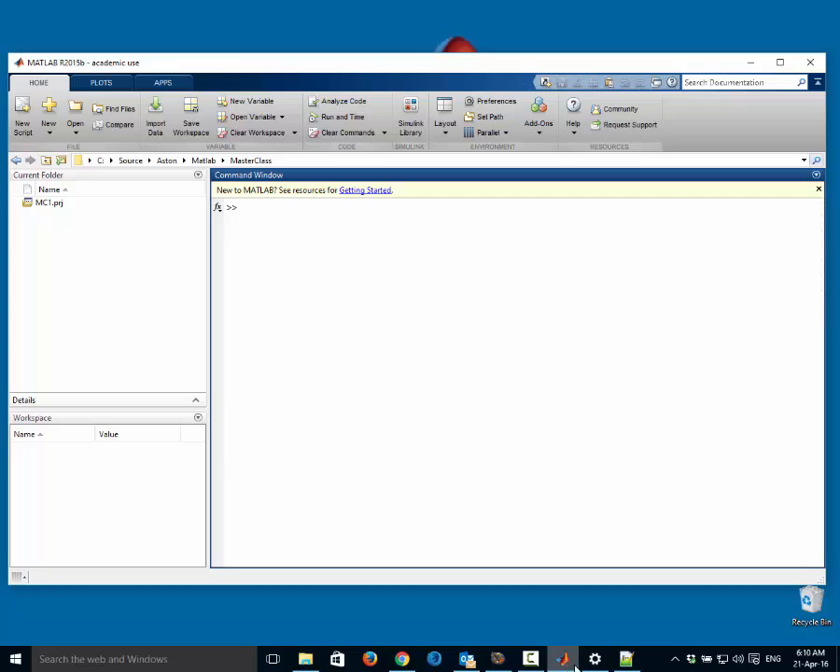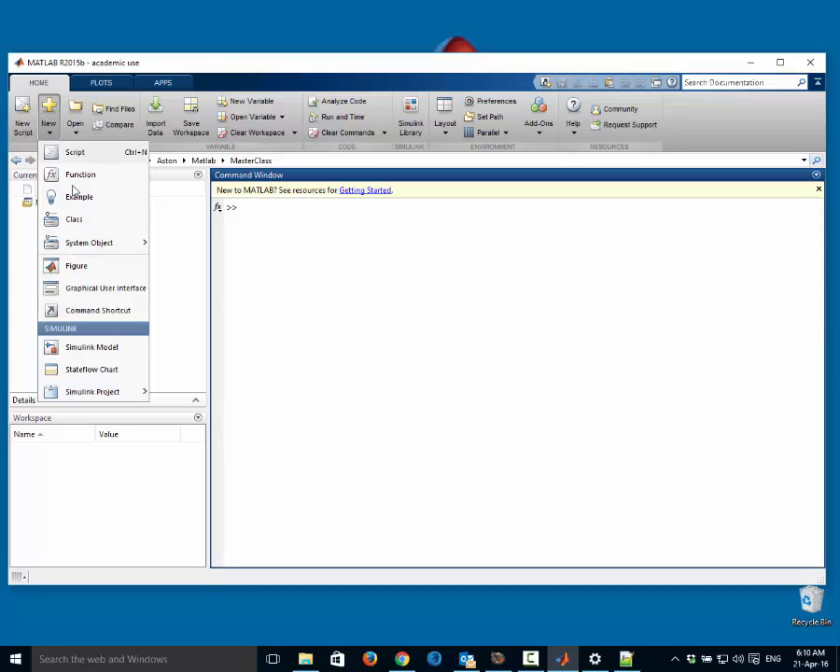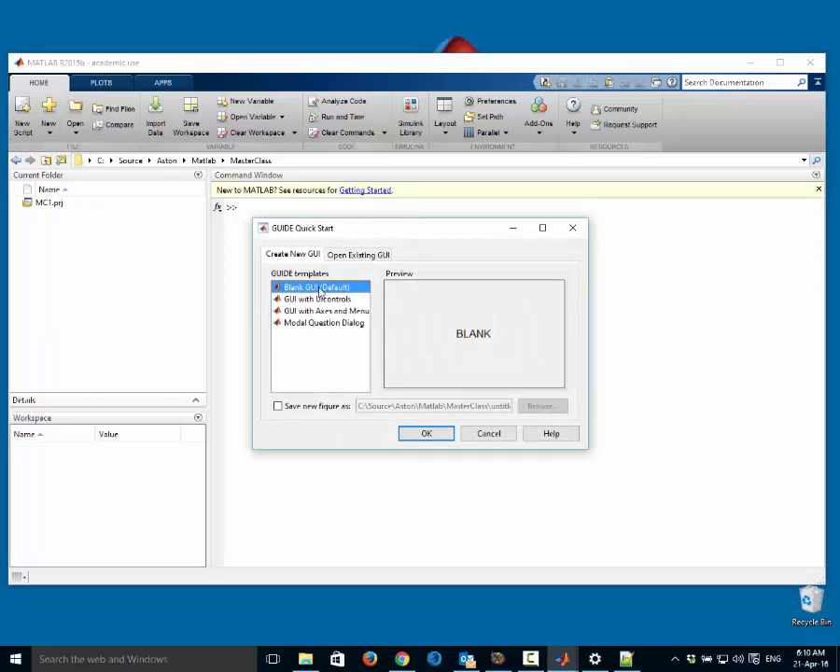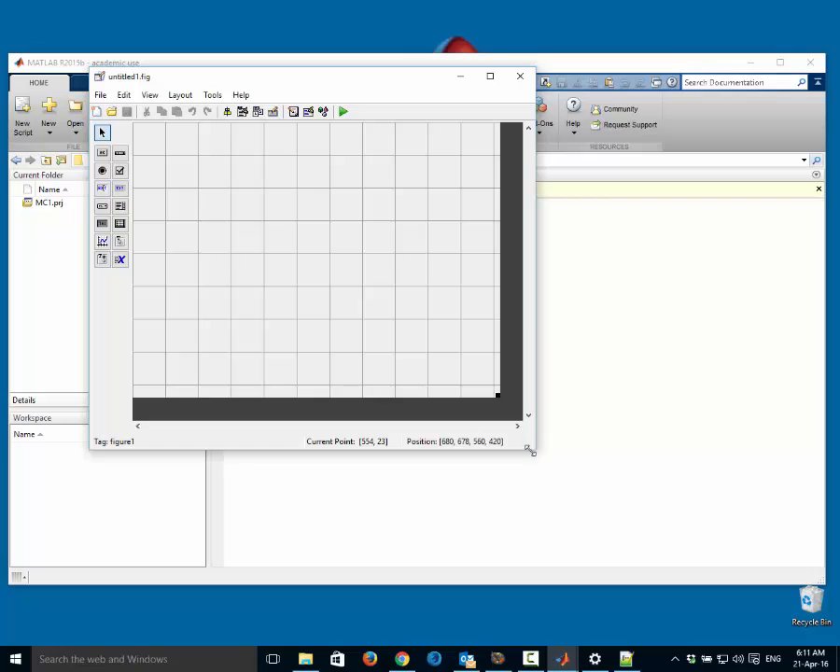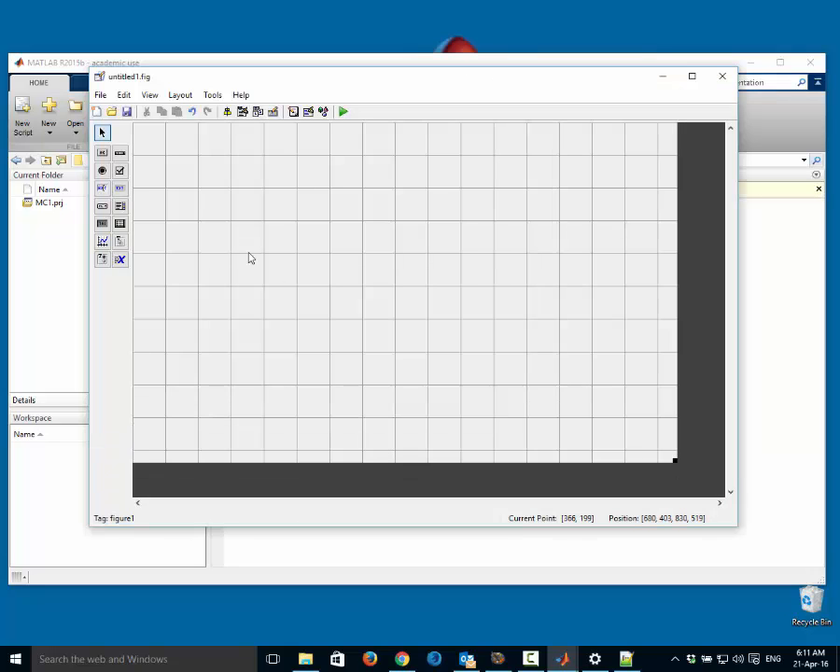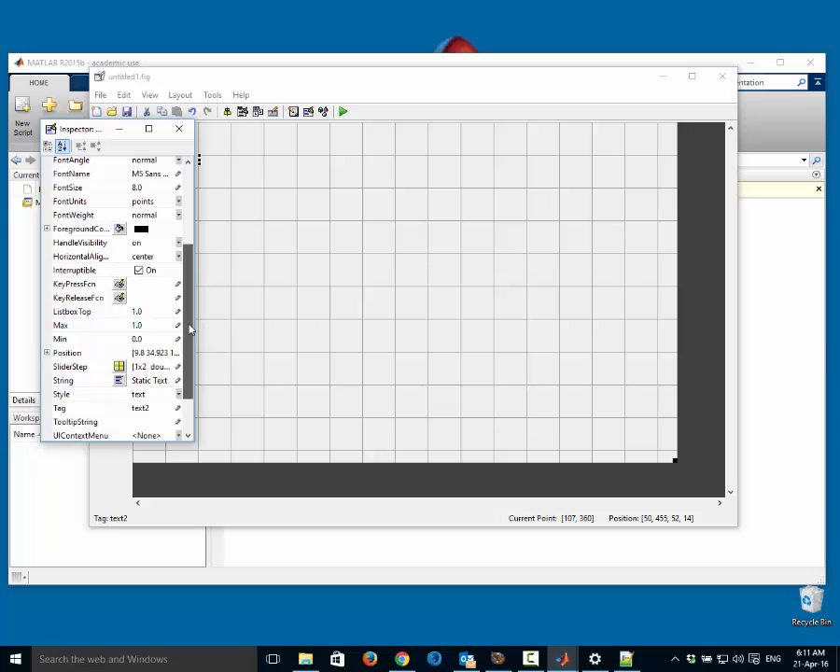So let's get started. The first thing I want to do is to create a new graphical user interface, and I'll use a blank GUI, a little bit wider. So the first thing I'm going to do is to put on a text box at the top here, and if I double click on that I get the object inspector, and here I'm going to change the contents of the string to be y is equal to e to the power of minus ax times